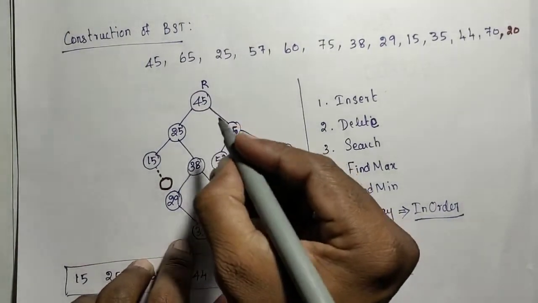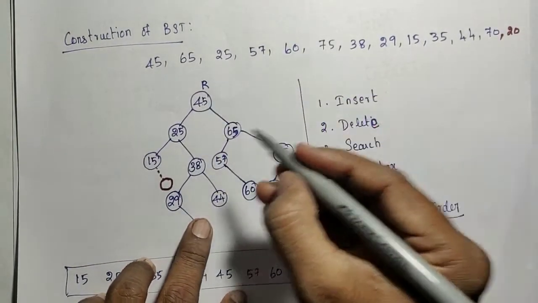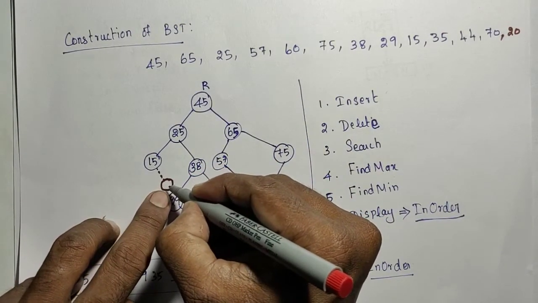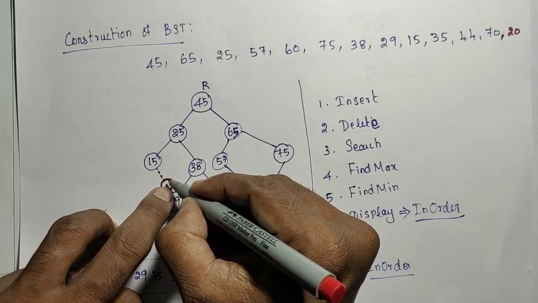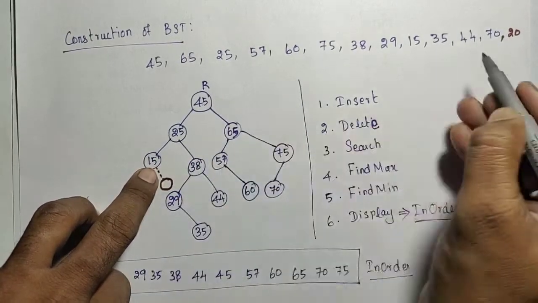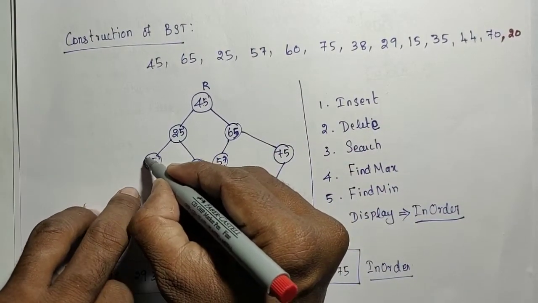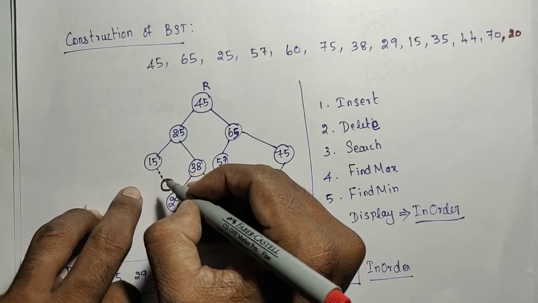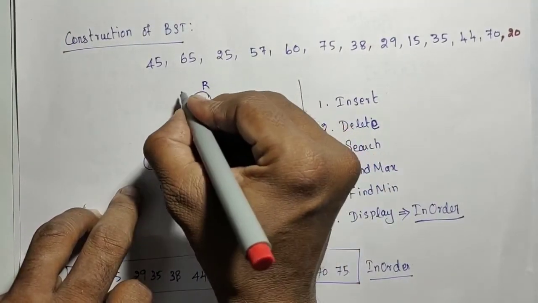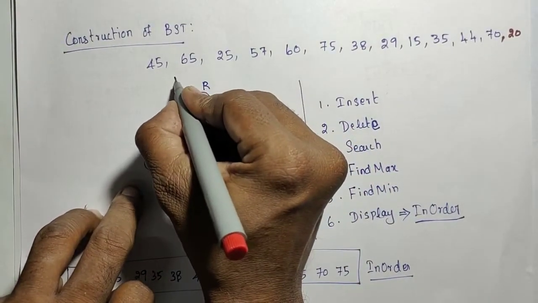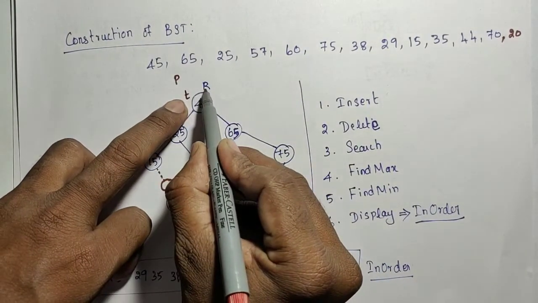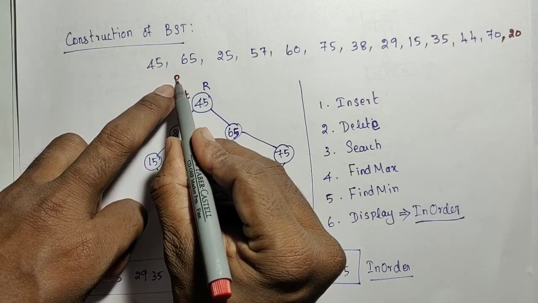So how to do that? Once we got that empty location, even if we reached that null, we need to know to which parent I need to add the 20. I need to add the 20 with 15. So I need to know the address of 15 also. So we have to maintain two variables to do the search. One is t, another one is the parent, p. Initially t is pointing to root, and p is pointing to null.